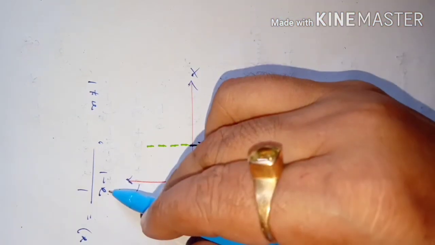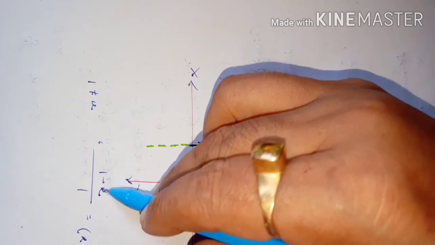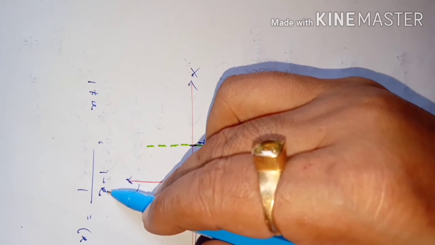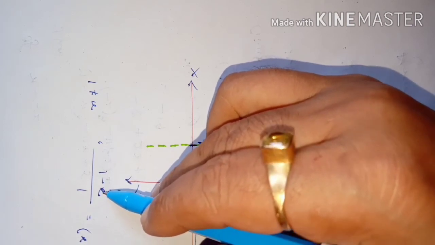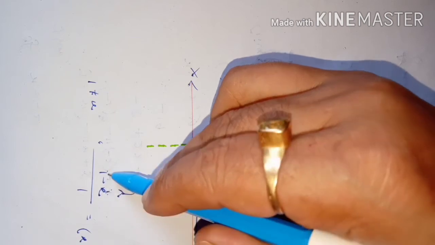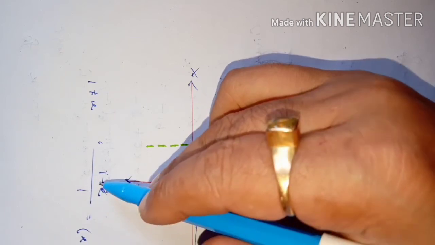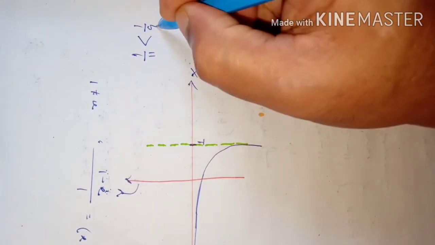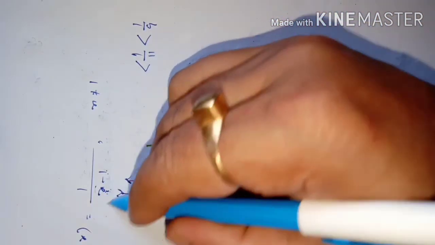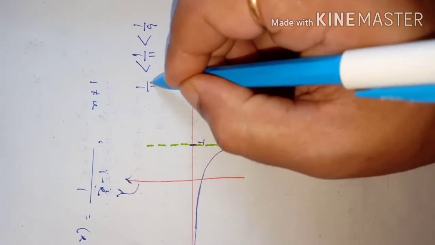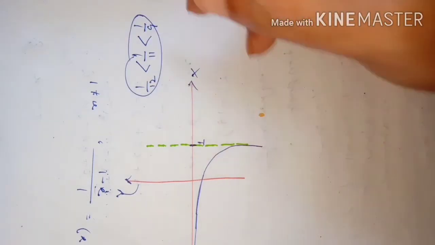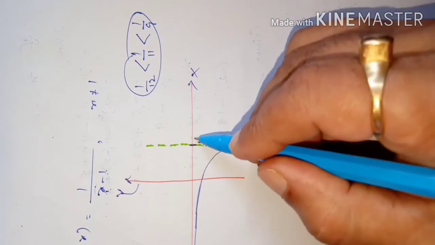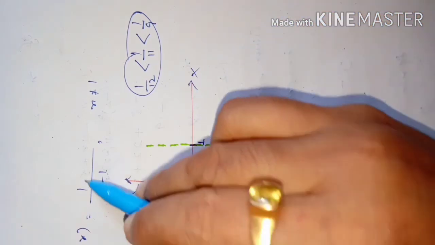As for greater values of x, just you think, suppose 10 you give here, 10 minus 1 is 9. 1 by 9 is smaller than another value, suppose 12 we give here. 12 minus 1 is 11. 1 by 11 is smaller than 1 by 9 again. So like that, as the value of the denominator increases, like 1 by 13 or 1 by 12, again smaller. So as you go to larger values of x, the y value will go on reducing.